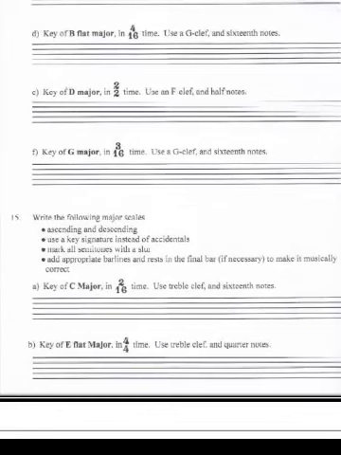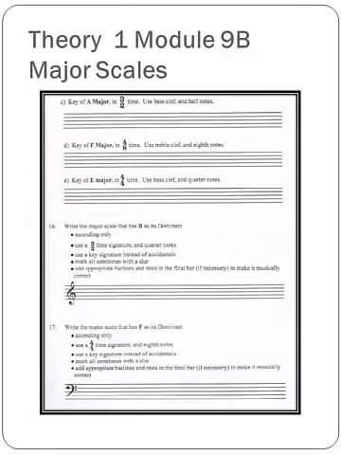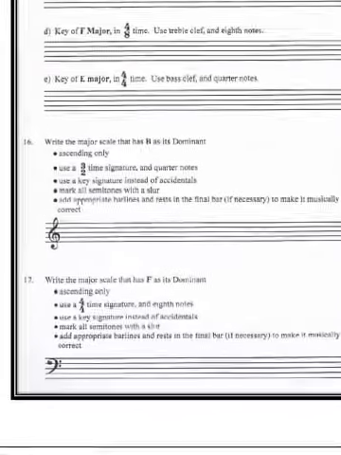Number 15, write the following major scales, ascending and descending. Use a key signature instead of accidentals. Mark all semitones with a slur and add appropriate bar lines and rests in the final measure. That question continues on to page 89, and on 89, number 16, you're asked to write the major scale that